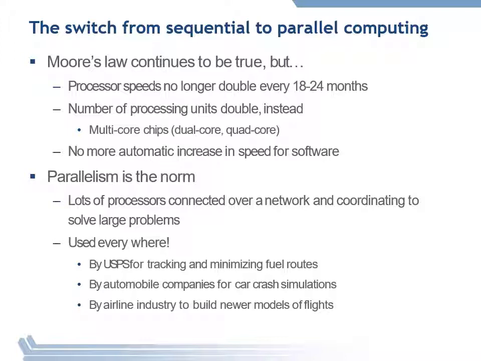The processor speed no longer doubles every 18 to 24 months, and we can also use parallelism in this norm. So even USPS uses this, airline industries and automobile companies use this for car crash simulations, something like that. And then